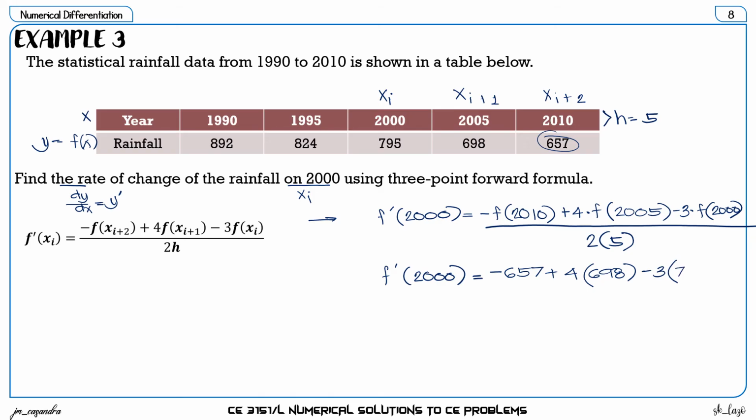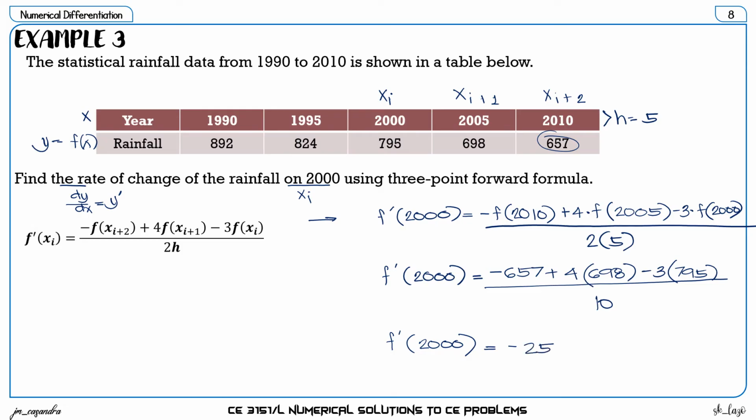So we have 7 and 5. We divide this by 7. In that case, f prime of 2000 is now equal to negative